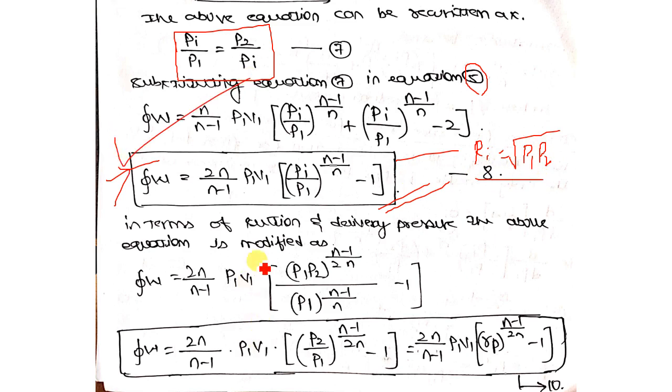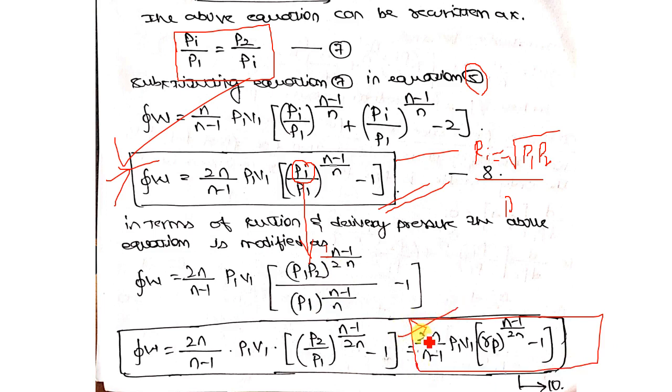So this particular Pi here, I am writing it as P1 and P2 whole to the power of 1 by 2. Simplify further, you will get this particular expression here. And this expression is also the minimum work input expression, but it is in terms of Rp. That means you have a pressure ratio here. So remember this expression and remember this expression, which are very much useful for the problems. Let us see further.